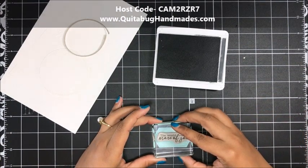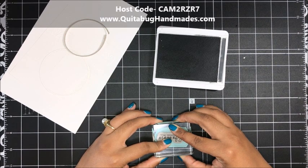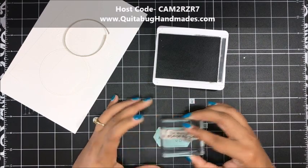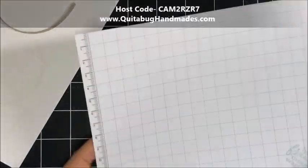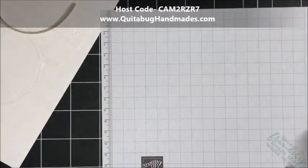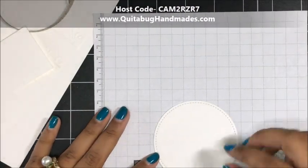Such a fantastic sentiment. So I'm just going to press and hold that. Whenever you're stamping on colored cardstock, I feel like you need to hold a little bit longer so that you get a really nice impression. There we go, that looks really good. Now I'm going to bring back my scratch paper because on this stitched circle here we are going to do